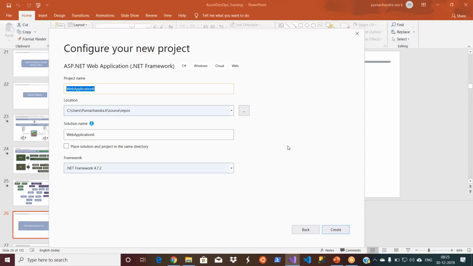I'll just give MVC app 8am demo. You can give anything. This is just for demonstration purposes. On my local machine, I'm keeping it in this path, C:\Users\Punuchal. This is the default one, anyone will get it. I'll just keep it as it is, and then I leave this solution. If you are new to .NET, I will give some basics about a .NET project as well, how it looks, not the coding actually. Just click on create.